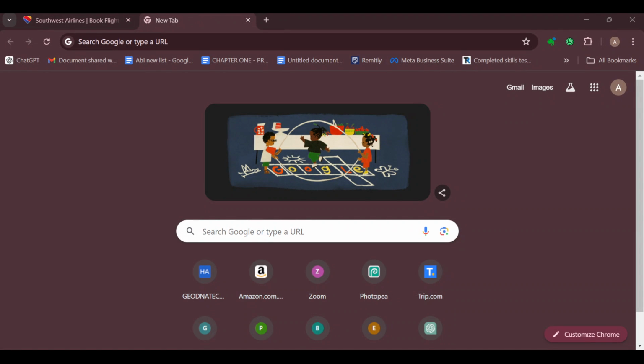How to download audio Google Translate. Hello guys, welcome to today's tutorial. In this tutorial, I will show you how you can download audio Google Translate, and here is how to go